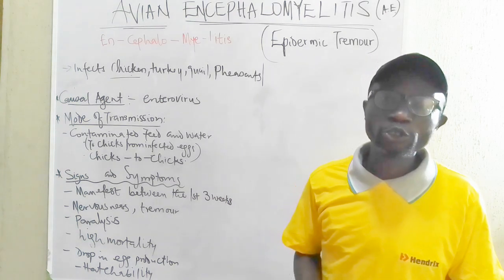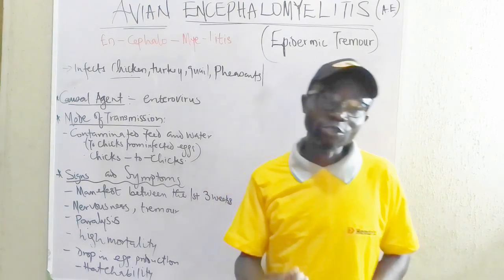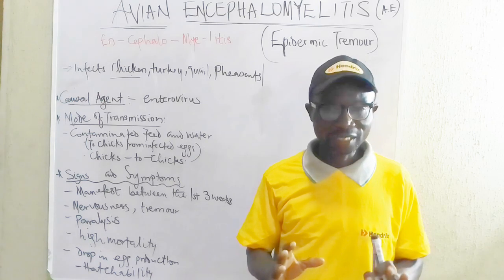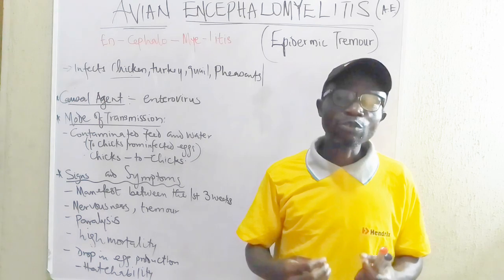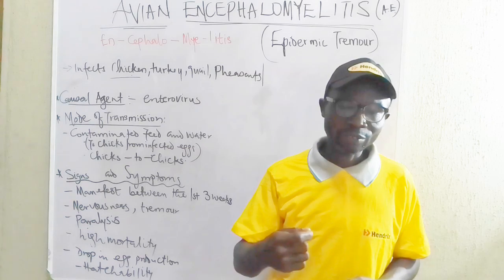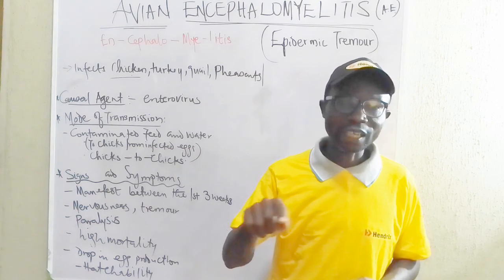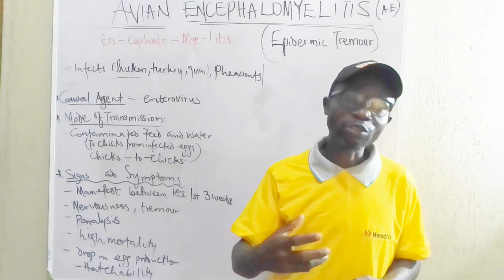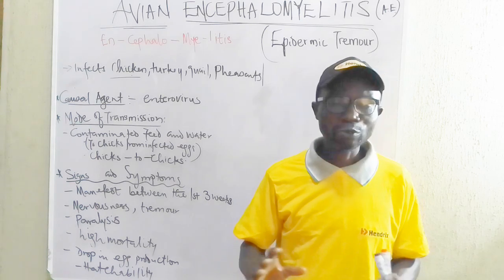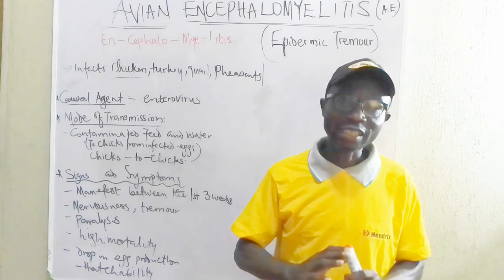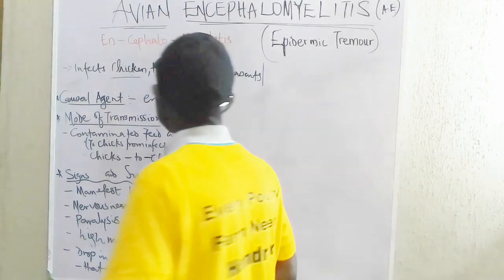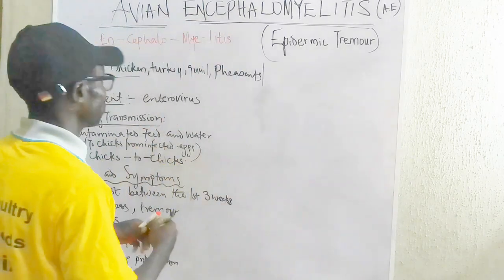Now one of the things that fascinates me so much about science is the nomenclature, the naming system. If you understand some of the basics, you'll be able to tell what the meaning of that name is, or what information it is conveying. Certain information about that ailment will be clearly seen from the name. Now, let's look at the name.